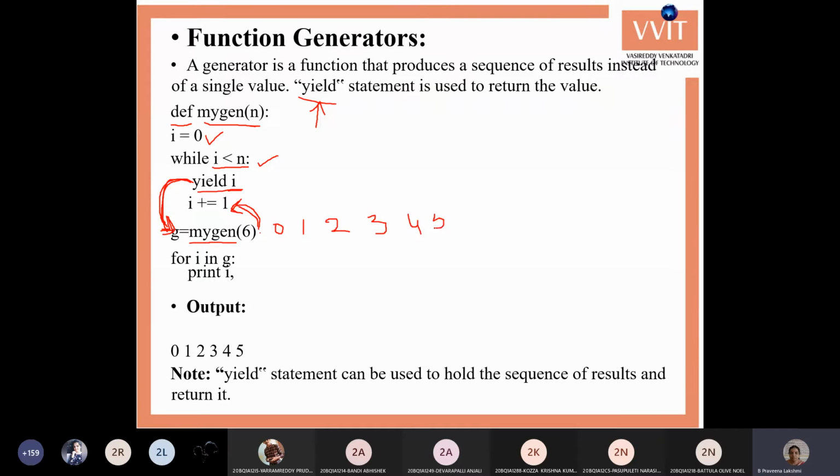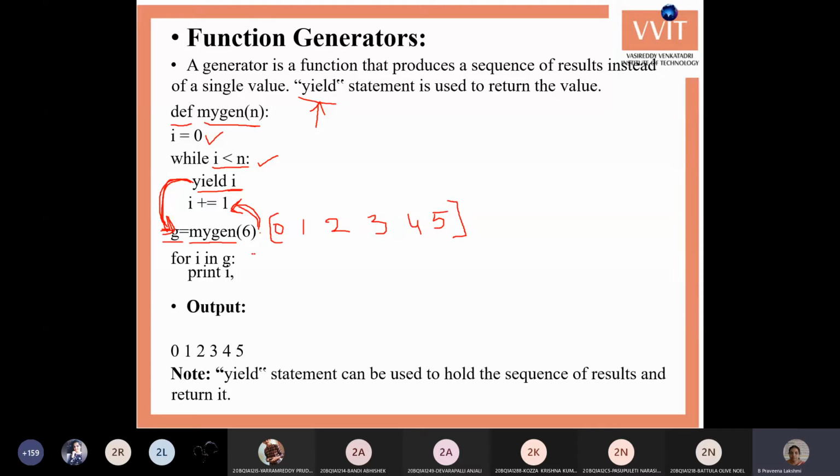So these all values will be stored into a variable. Whenever you are storing multiple values into a variable, those all will be stored as a list. We cannot store multiple values into a variable otherwise, so those values will be stored as a list. As long as the function is being called, it adds these values one by one into the list, and that list is returned and stored into the variable g.